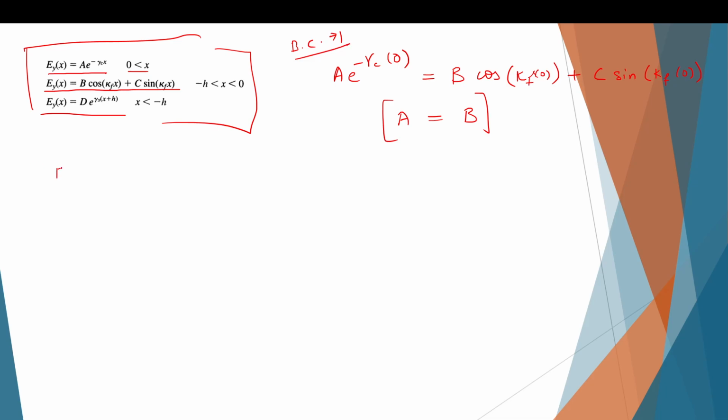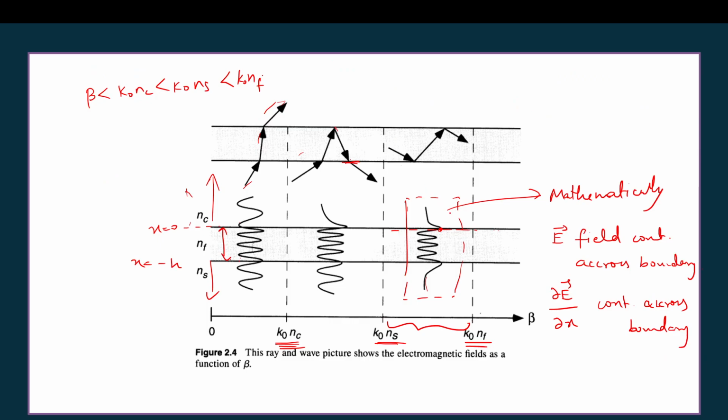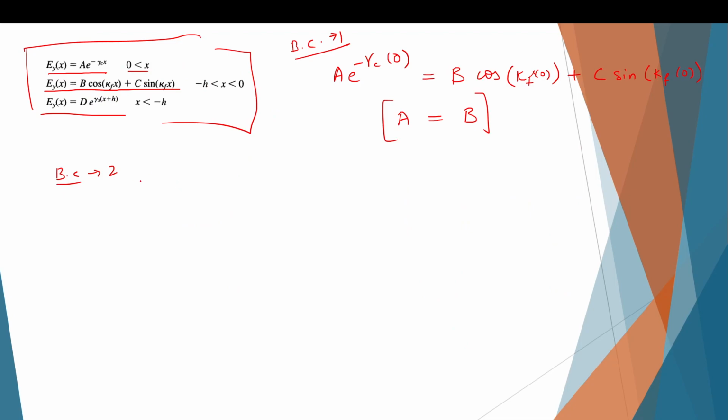The second boundary condition is again at x equal to 0, dou E by dou x should be continuous. So that means, what is dou E by dou x in this case? A minus gamma c e power minus gamma c x at 0 should be equal to, again, now we have to do dou E by dou x of this. Dou by dou x of cos theta is minus sin theta